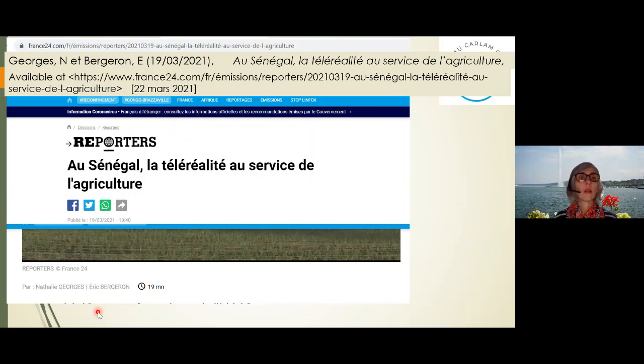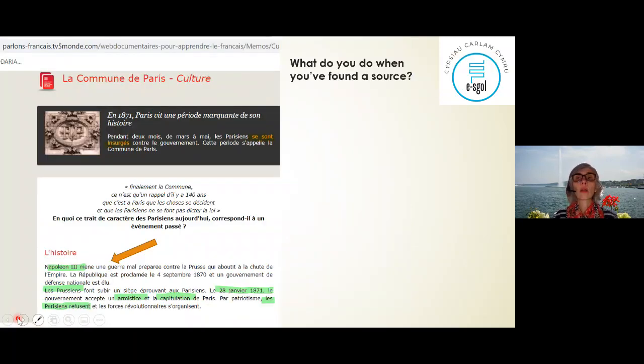You do it for all of them, and you can even use it for your studies next year, whatever your studies are or will be. Okay, now, what do you do when you found a source? So I'm using La Commune de Paris because it was an easy one to use, but it's just an example as we cannot use a proper IRP and research. I'm doing something perhaps a bit more difficult than what you could do. But La Commune de Paris, so you read the text, you read everything about that document. So it's cut here, but it's not too long to read.